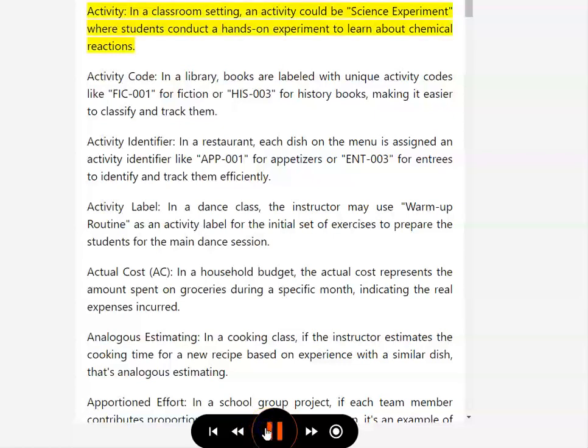Activity. In a classroom setting, an activity could be a science experiment, where students conduct a hands-on experiment to learn about chemical reactions. Activity code. In a library, books are labeled with unique activity codes like FIC 001 for fiction or HIS 003 for history books, making it easier to classify and track them. Activity identifier. In a restaurant, each dish on the menu is assigned an activity identifier like APP001 for appetizers or